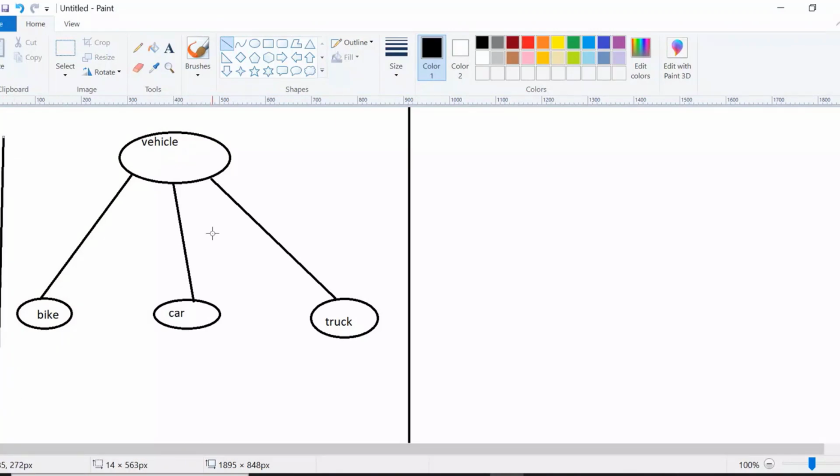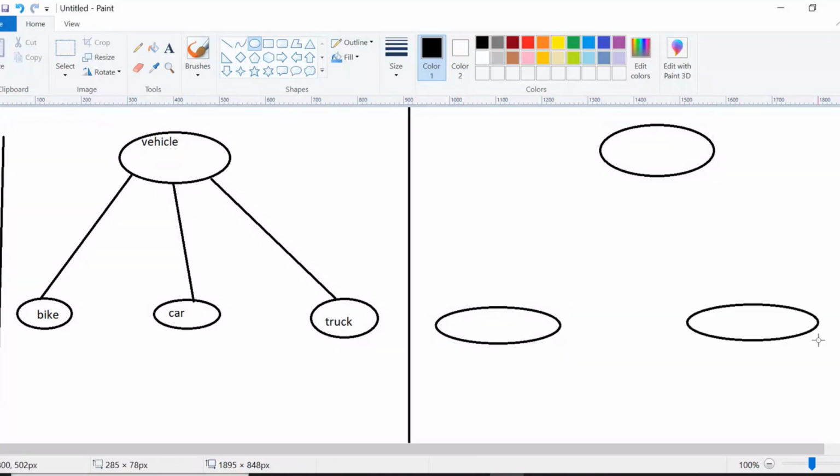But when you talk about composition, you have a laptop and it has some components. Among those, you have two complex components: laptop has a relation with the processor, and laptop has a relation with the graphics card.